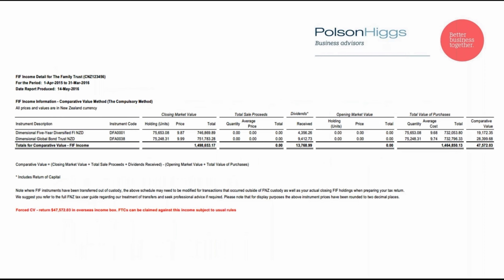However, what is included is the comparative value, the compulsory method. So these are my forced CV ones. So what I need to do is grab my forced CV. Here we've got Dimensional 5-Year Diversified FI and Dimensional Global Bond Trust. Take those and go back to that schedule that provided the exempt dividends. Find those Dimensional 5-Year Diversified and Global Bond Trust dividends and take those tax credits and apply them against this